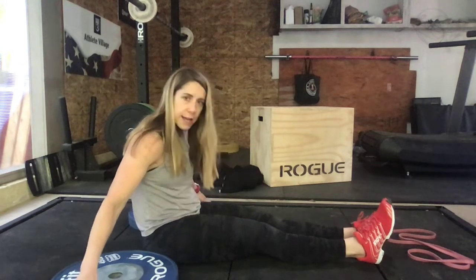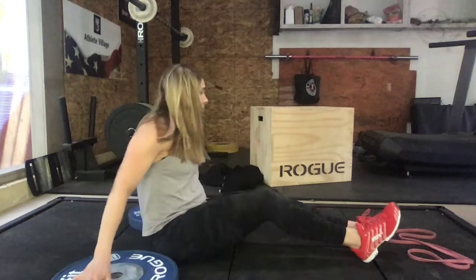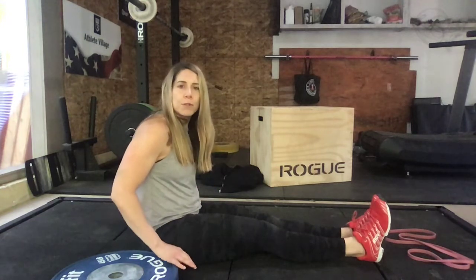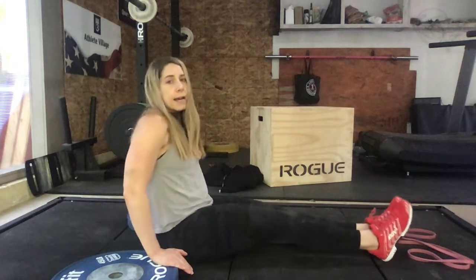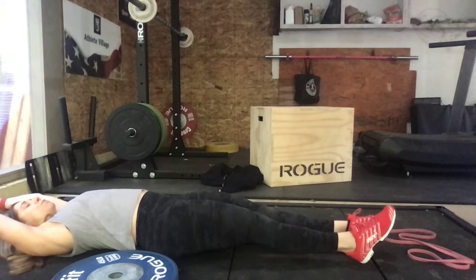So for the ring muscle up drill on the floor, if you have 2 plates, you can set them up next to you. You're going to be in between the plates, so you want them relatively close. Something nice and sturdy that's a little bit elevated off the floor, about 2 inches, will work just fine if you don't have plates. And then we're going to lay back, arms overhead. You actually want to get your butt up a little bit off the floor, toes pointed,